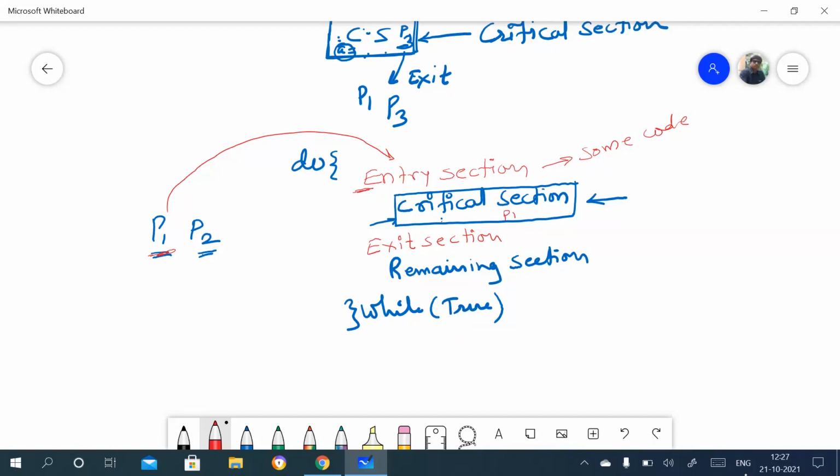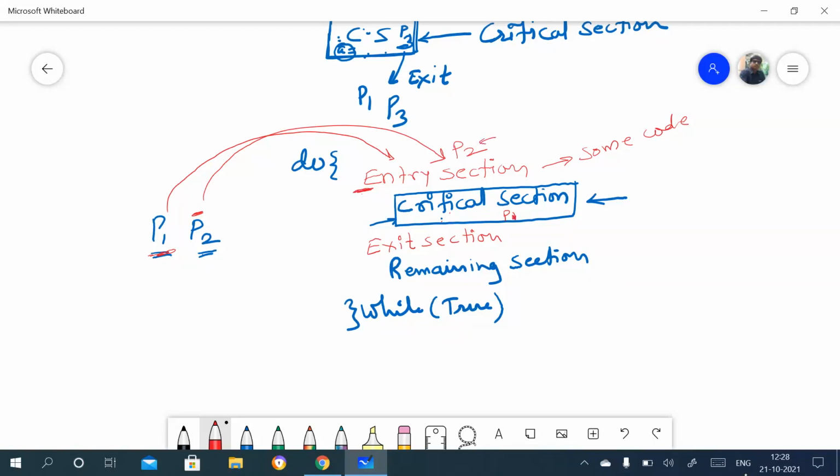Suppose P1 executed this entry section code successfully and entered the critical section. Now P2 wants to enter into this critical section. So P2 will come here, and it needs to execute this entry section code. As P1 is inside, that entry section code will not be executed successfully by P2. That's why P2 will not enter into this critical section.